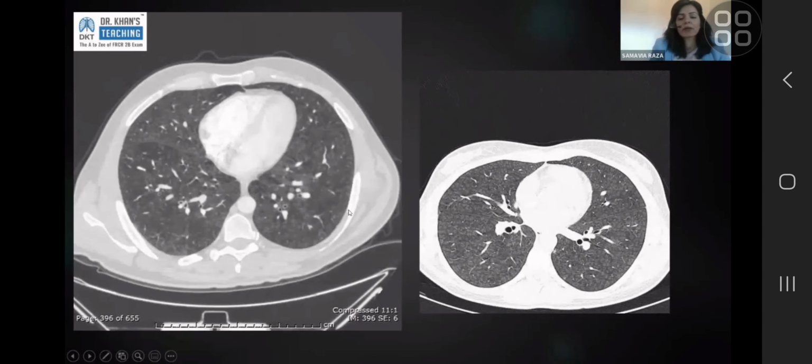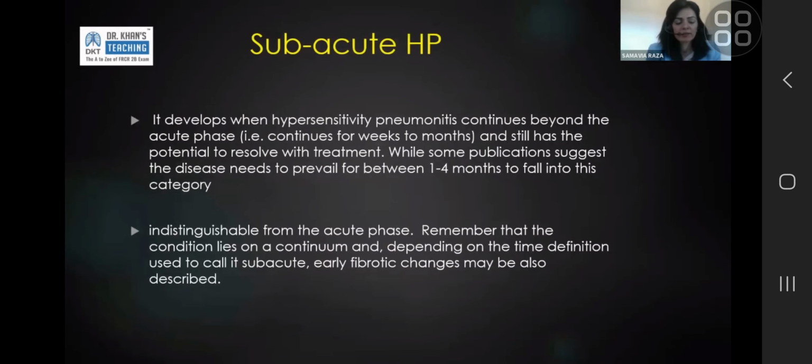The only difference in acute and subacute when the abnormality is centrilobular nodules is the time from onset or the time from the insult. And over time, this will be an arbitrary differentiation. So subacute, when the acute phase continues, when the